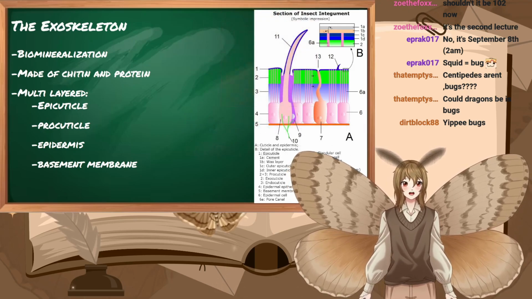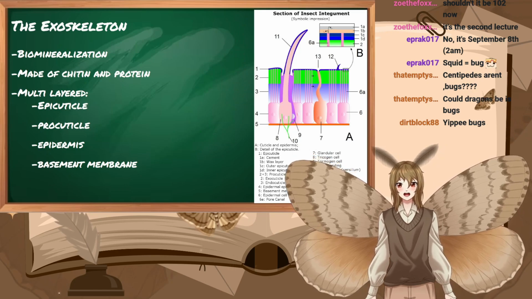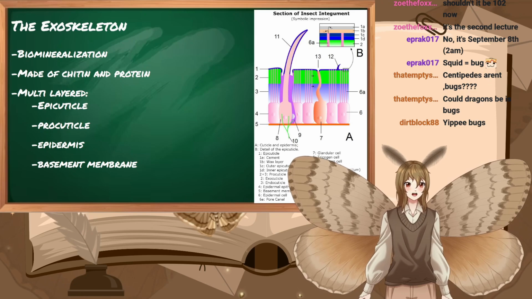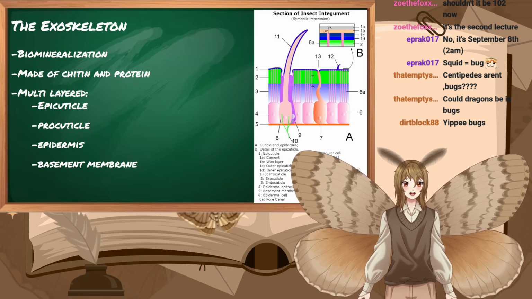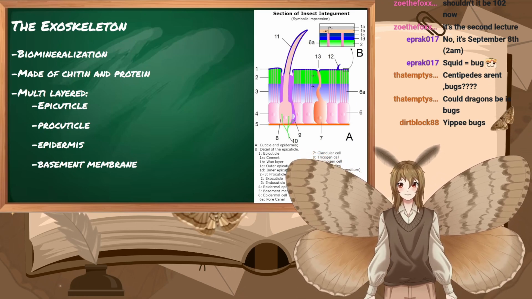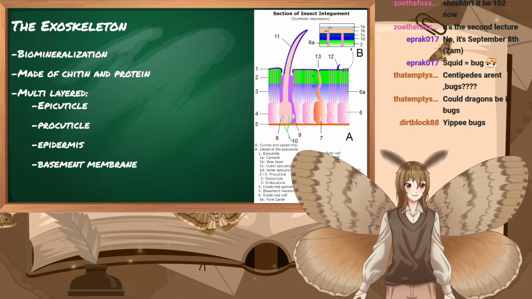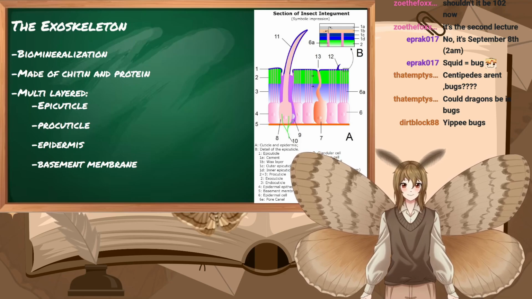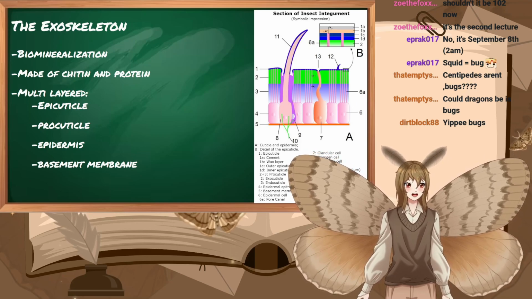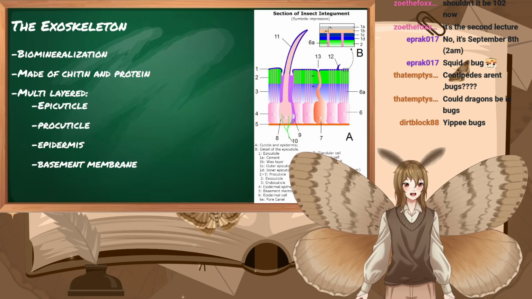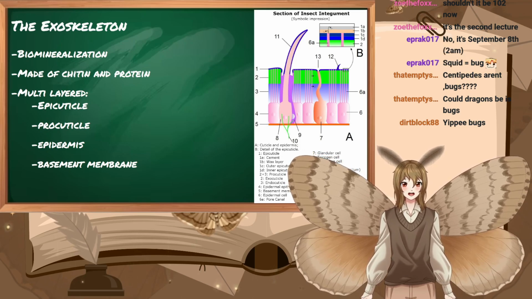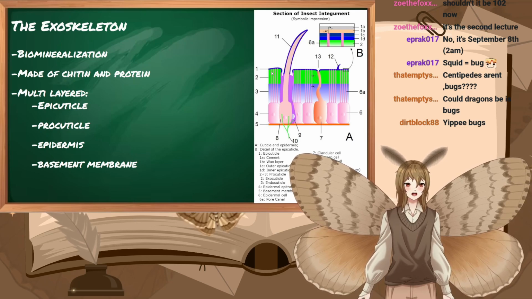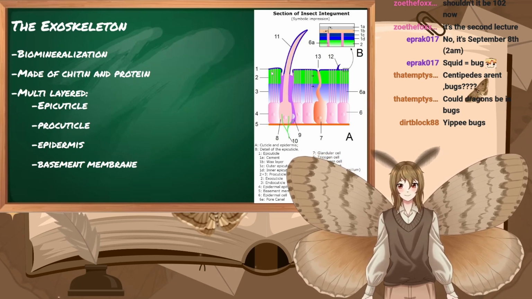It is also very multi-layered. As you can see on the right, you mainly have 4 layers, which get a bit more complicated the more you get into it, but we'll focus on the 4 main layers, which would be the epicuticle, which is just a multi-layered external barrier against dryness mostly. We also have the procuticle, which gives the exoskeleton its strength. You can see that it is the thickest of them all. And 1 and 2 here are both the epicuticle.